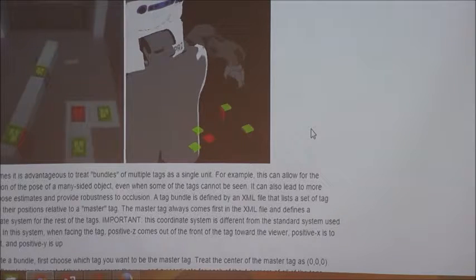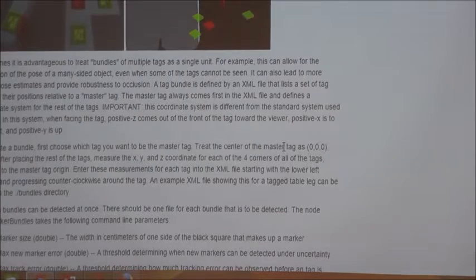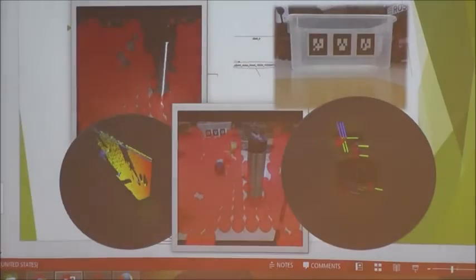This is actually a good example of a group that made ROS better with these tags. There are many different groups that use OpenCV to do different things. This is just one of them. So you can even make bundles of tags that represent something that you want to maybe grasp with more accuracy. But sometimes there's a little bit of error in detecting these tags in the right places. So we've used these before